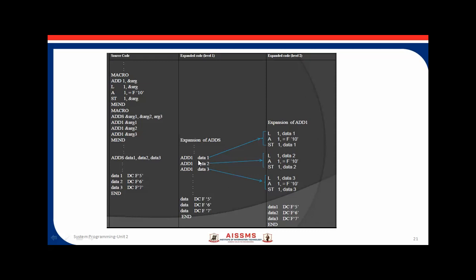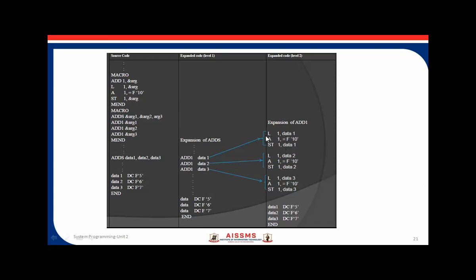Now the add 1 macro will be executed, and the expanded data 1 is passed and replaces the argument in add 1, and wherever you see the argument mentioned, that is replaced